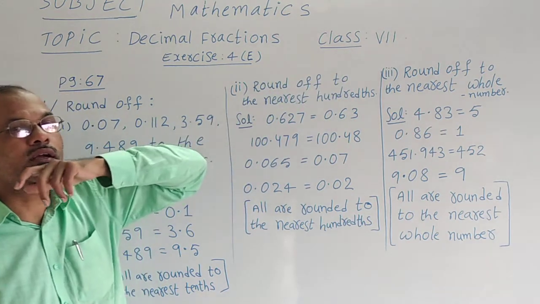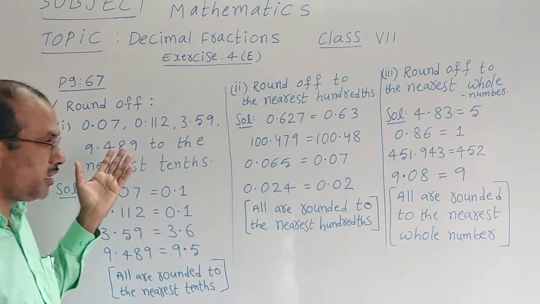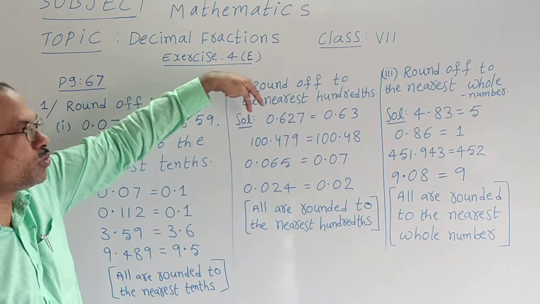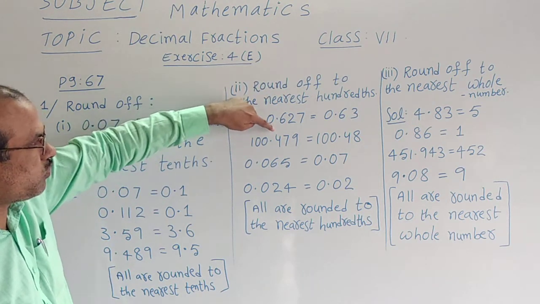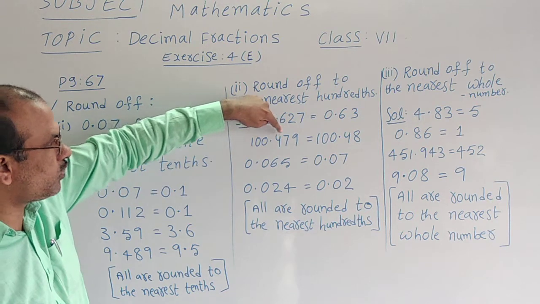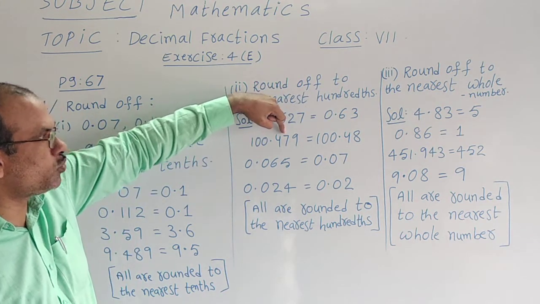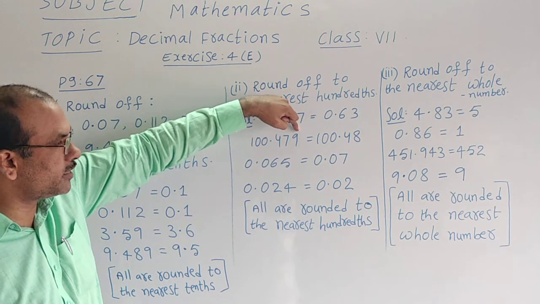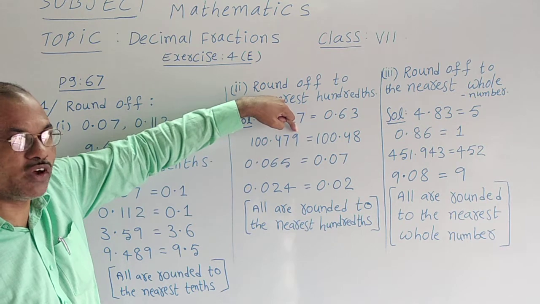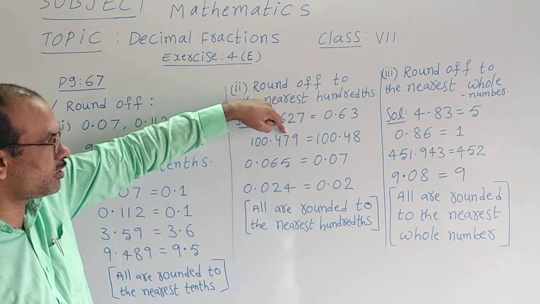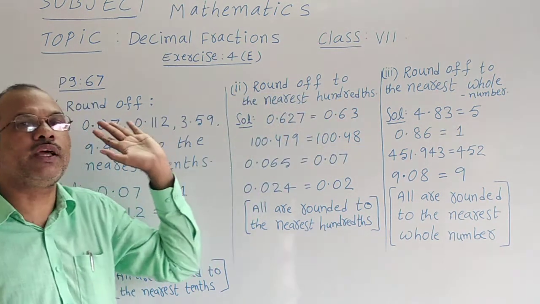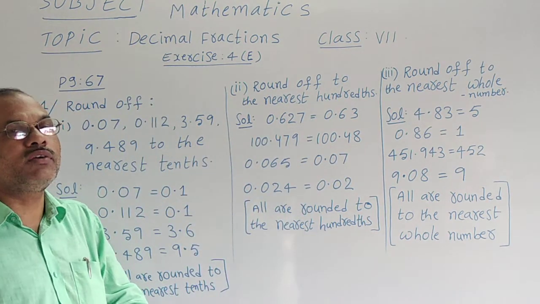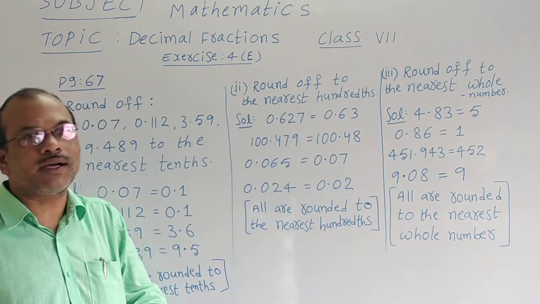That is called nearest hundredths, whereas here nearest tenths. There nearest hundredths we have to. So that means 2 digits we should write. Now 100.4 I have written. Then this is 7, up to this 7 only I should write because hundredths place I should write. Then I should check 9. This is bigger than 5. So 1 should be given to it. 7 plus 1 is 8. 100.479 changed as 100.48 when we have rounded it to the nearest hundredths.